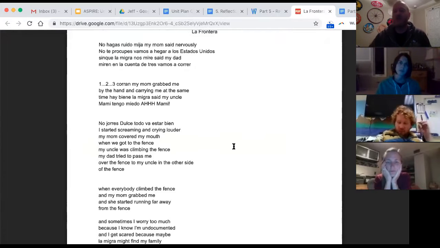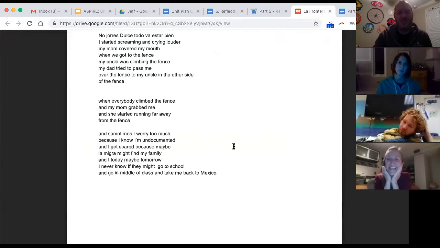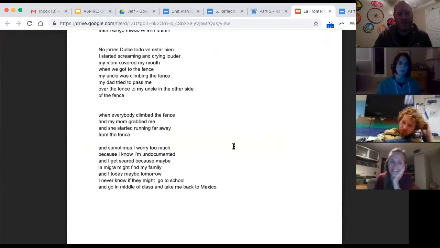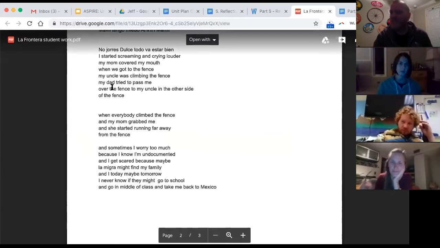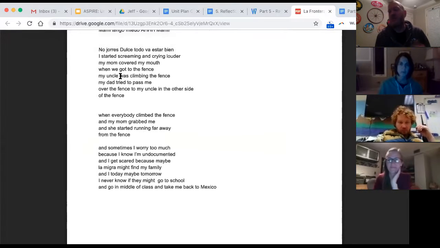That said, there are some major issues in it. Specifically, she says fence in the last few stanzas about 20 times. And so specifically when we're thinking about word choice, right? It's like, what's another word for fence that you can use? Half the poem's in Spanish. The fact that you use the English word fence a bunch of times and don't use a Spanish synonym or another synonym, to me that makes it seem like the Spanish wasn't especially deliberate when you use